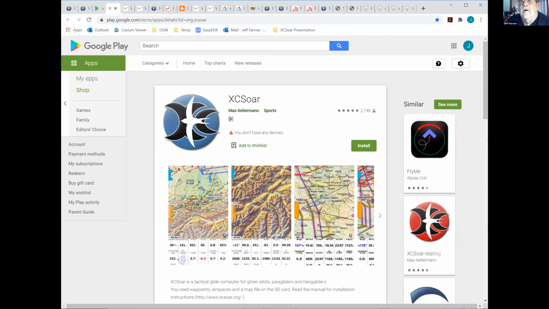Photos, media, and files. It needs to be able to write a log file, a recording to your USB storage, so it needs access there. It needs network connections because it uses Bluetooth to connect across to things like FLARMs or fancier Varios. It needs to be able to control the power settings because it needs to make sure